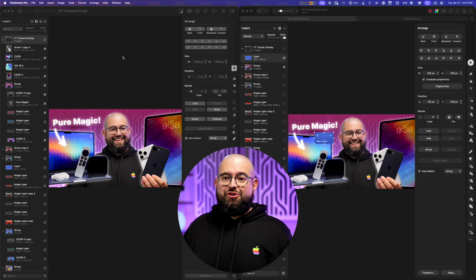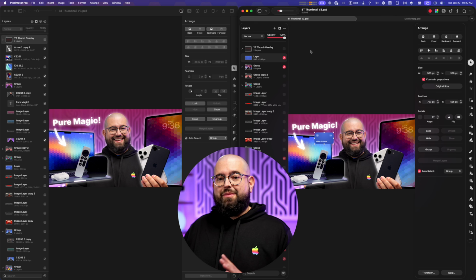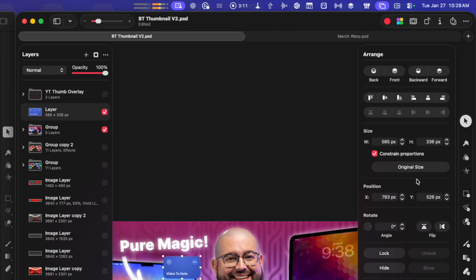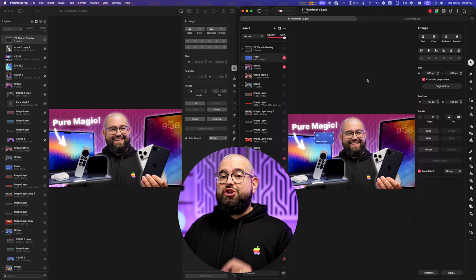And now let's look at Pixelmator. Now I actually have the old version of Pixelmator open up next to the new version so you can see some of the differences. We do have an entirely new liquid glass redesign. Many of the tools are in the same place. There are a couple changes which we'll get to in the critique section, but the actual new feature here is